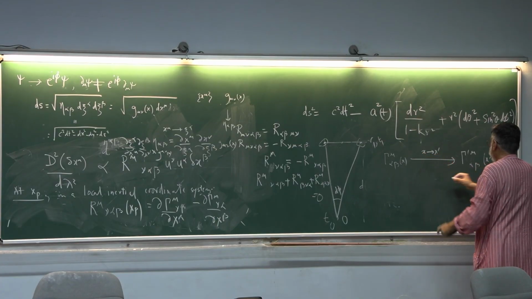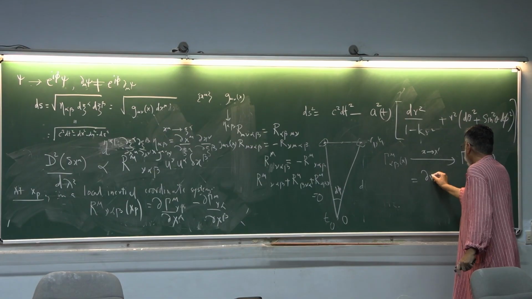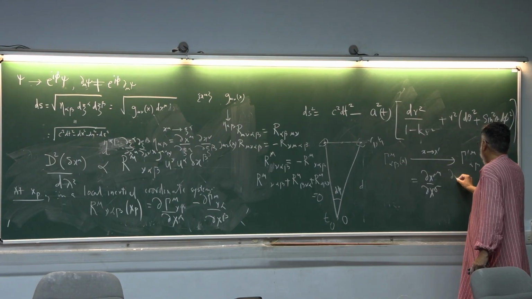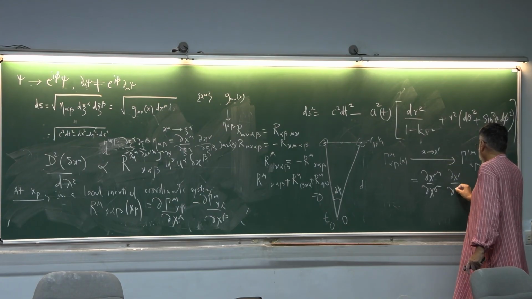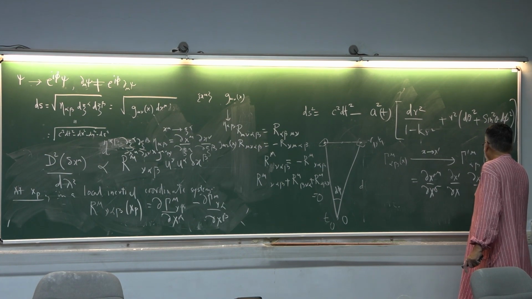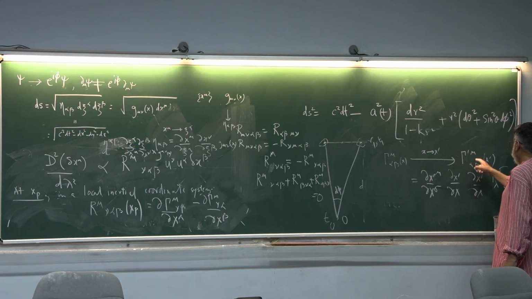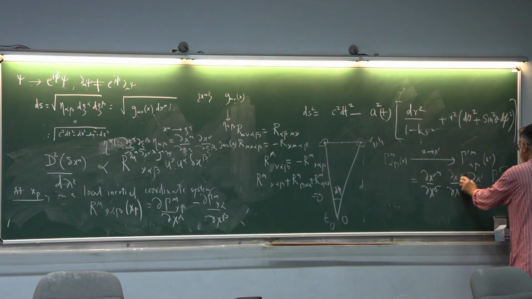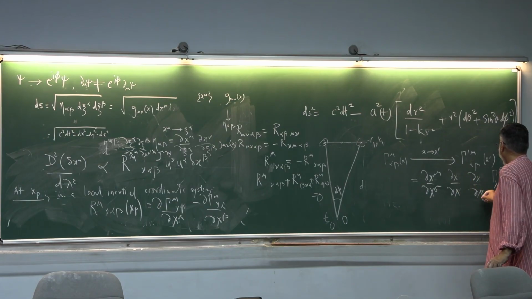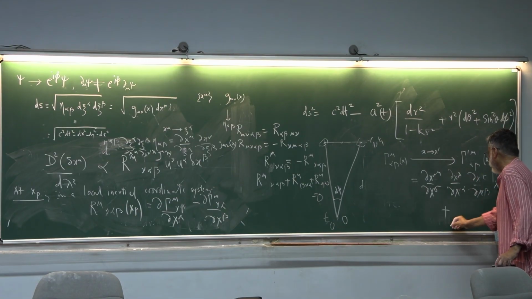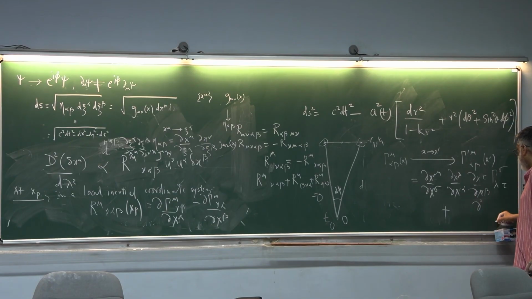In terms of the old coordinates of x, this you can prove is nothing but del x prime mu by del x sigma, times gamma sigma lambda tau, times del x lambda tau by del x prime alpha beta, plus there is an additional term, and that is what makes it